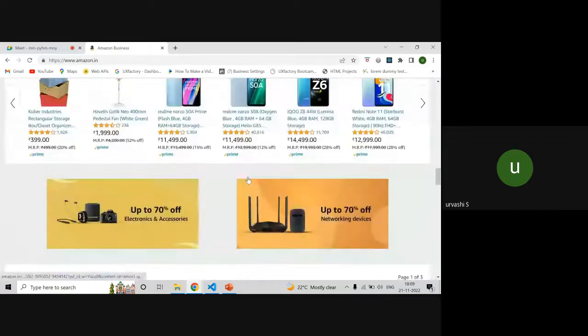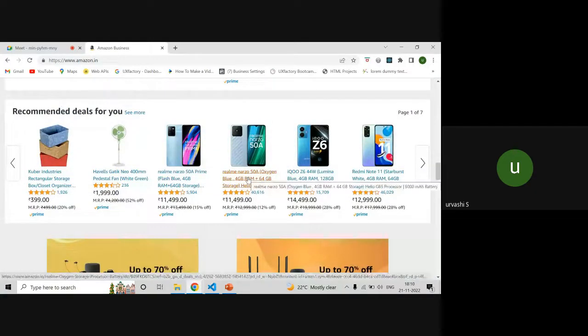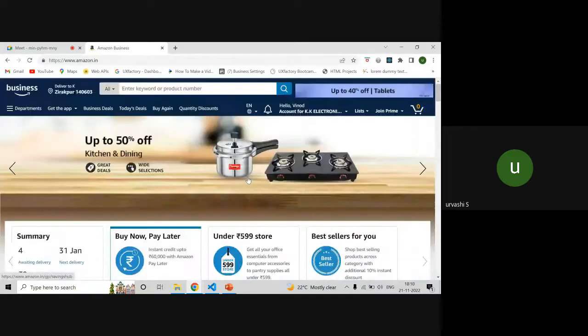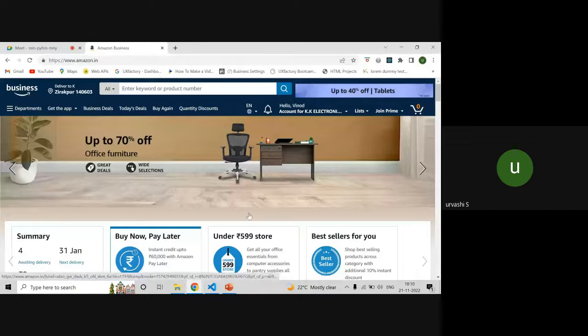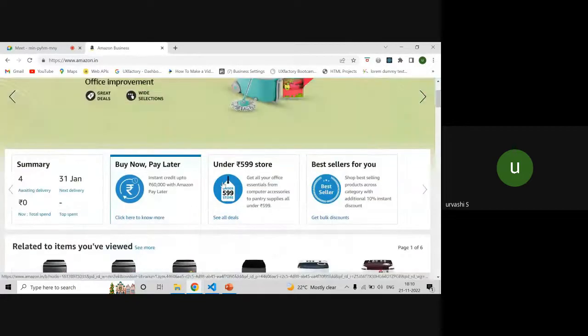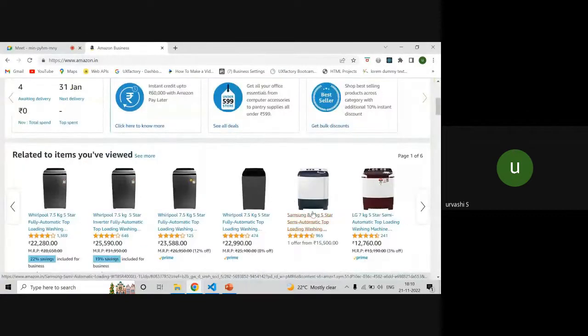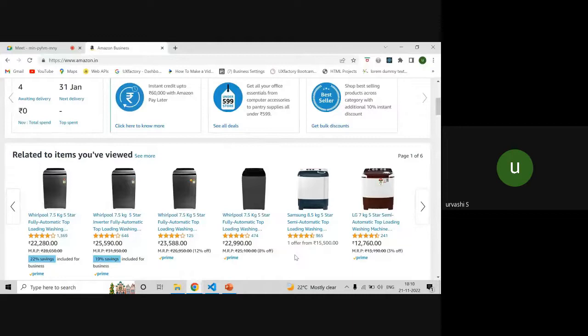The next thing is, what is the difference between HTML, CSS, and JavaScript? HTML is going to help you add the content. Content means this text, business deals, this image, icon, these images and these text, all these stars. All this is coming because of HTML. HTML is used to define the structure, the content that goes inside your website.